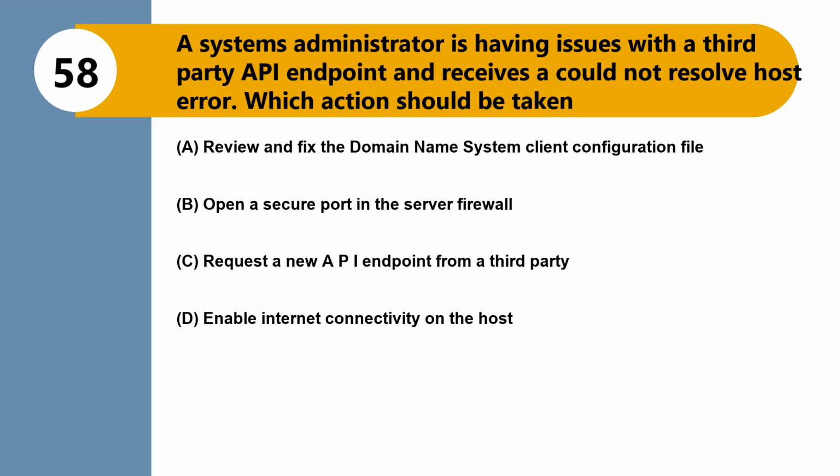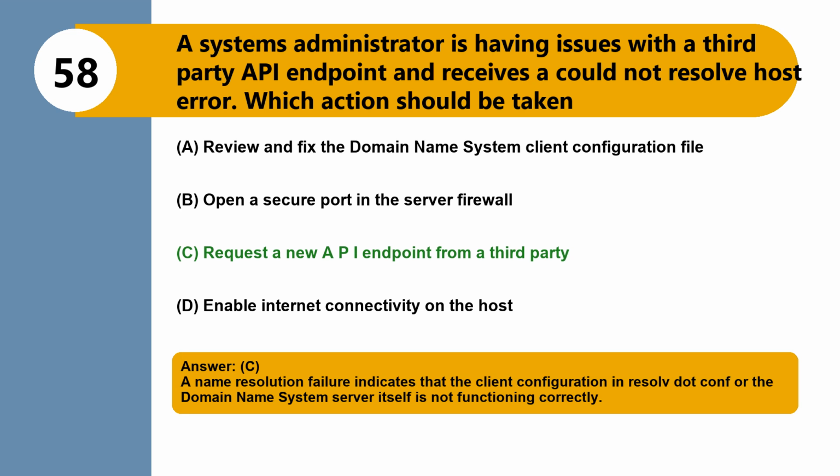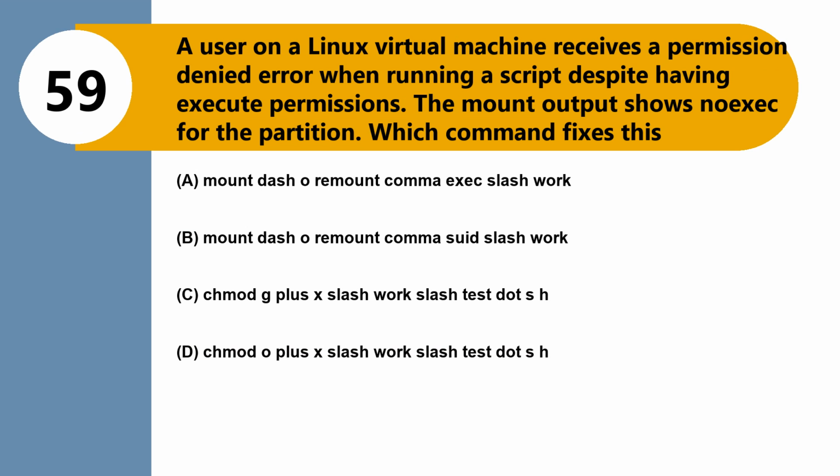Question 58. A systems administrator is having issues with a third-party API endpoint and receives a could not resolve host error. Which action should be taken? Option A, review and fix the domain name system client configuration file. Option B, open a secure port in the server firewall. Option C, request a new API endpoint from a third party. Option D, enable internet connectivity on the host. The correct answer is option C. Request a new API endpoint from a third party. A name resolution failure indicates that the client configuration in resolve.conf or the domain name system server itself is not functioning correctly. Question 59. A user on a Linux virtual machine receives a permission denied error when running a script